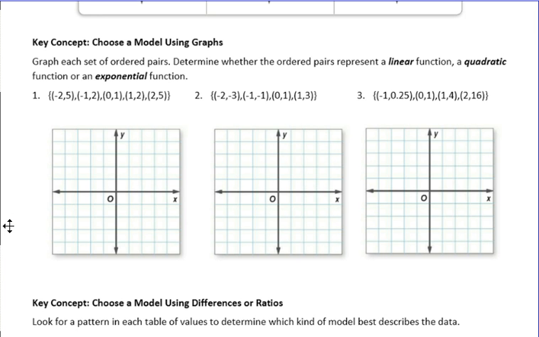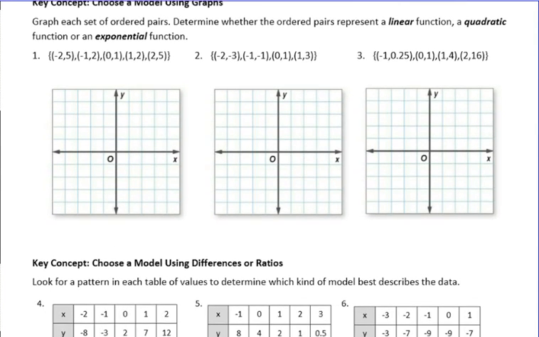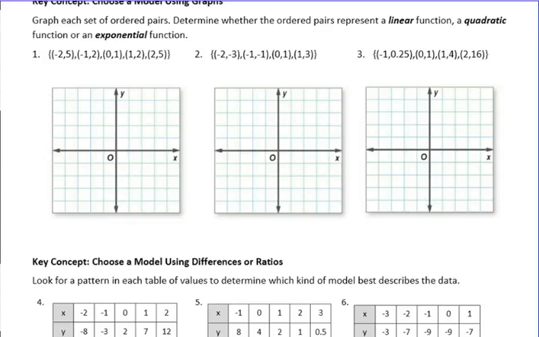the equation. So the first group of questions just says to graph each set of ordered pairs and determine if it's linear, quadratic, or exponential. When we graph these, all we have to do is look at the shape. The shape will tell us what kind of function it is. So number 1: (-2, 5), (-1, 2), (0, 1),